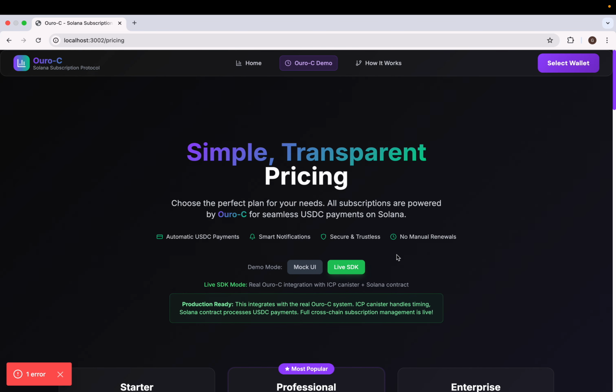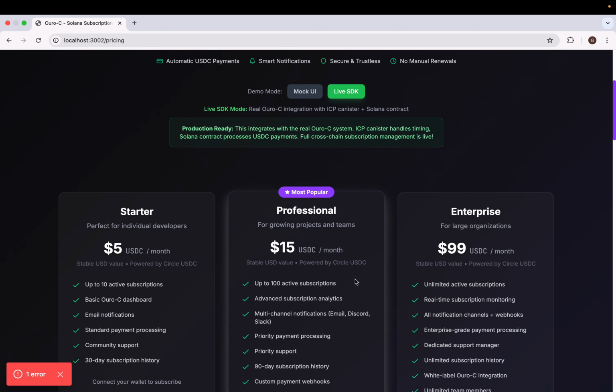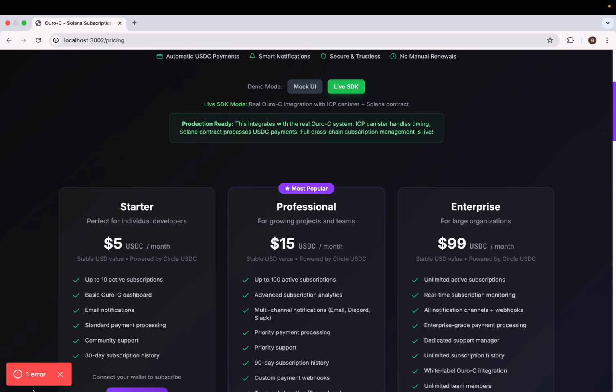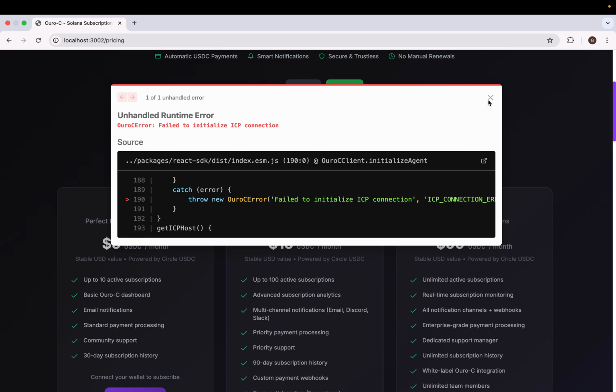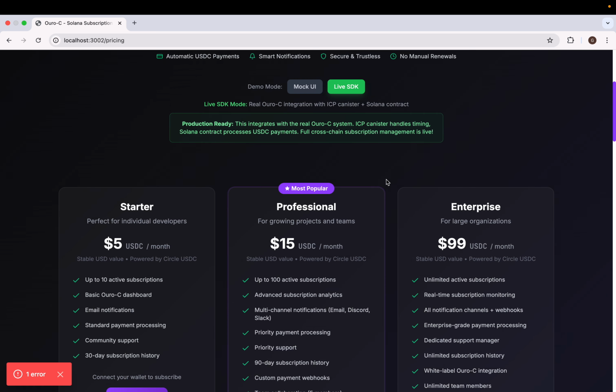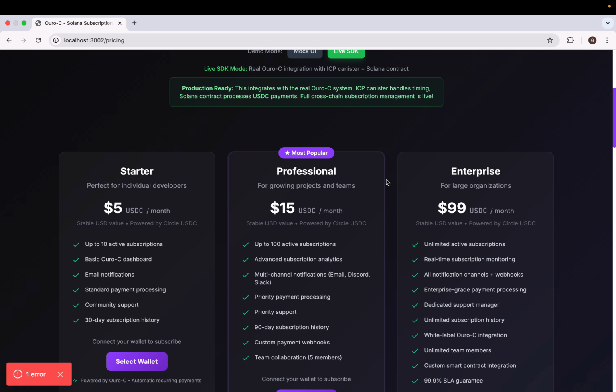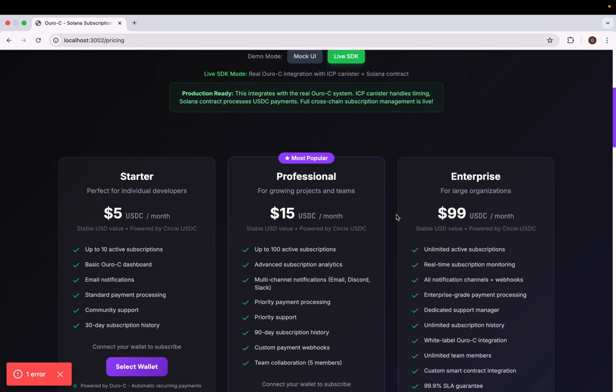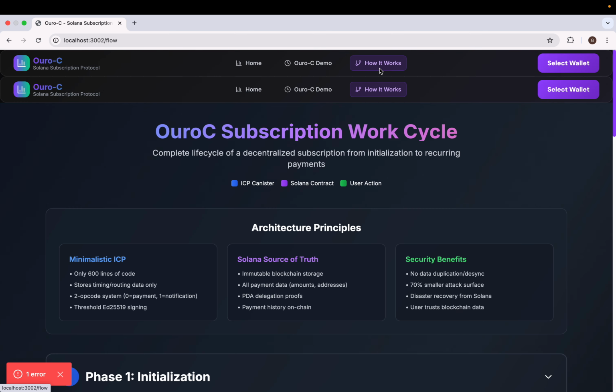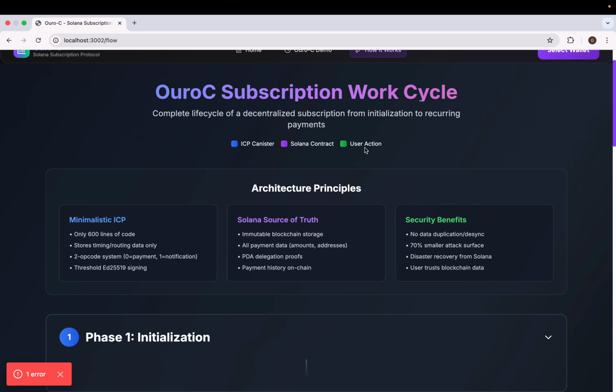So this is the old demo page for our SDK. Arrow is still here because we are waiting to deploy the ICP canister after we deploy the Solana smart contract on mainnet. So we will get the address for ICP to communicate with. These are the same, but how it works, we have added here. Sorry, this is a bit broken on the front end, but